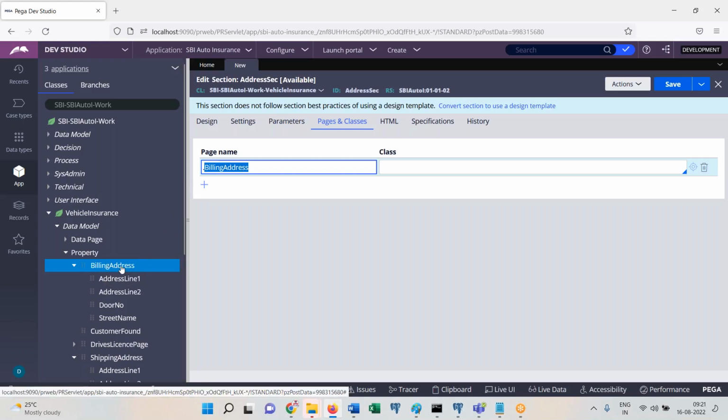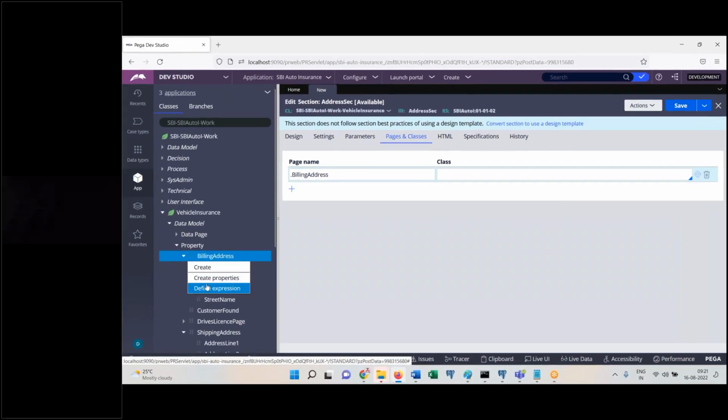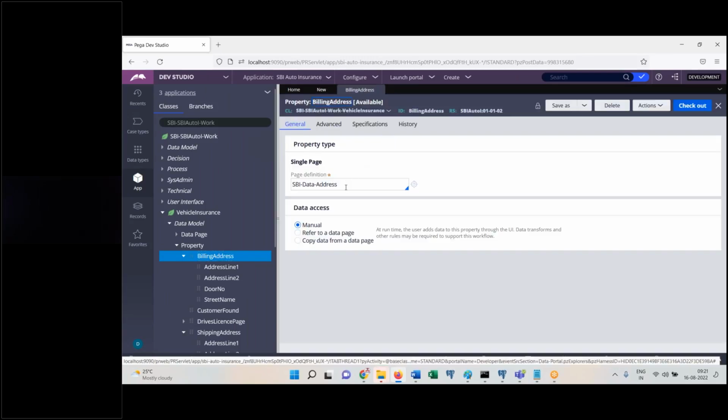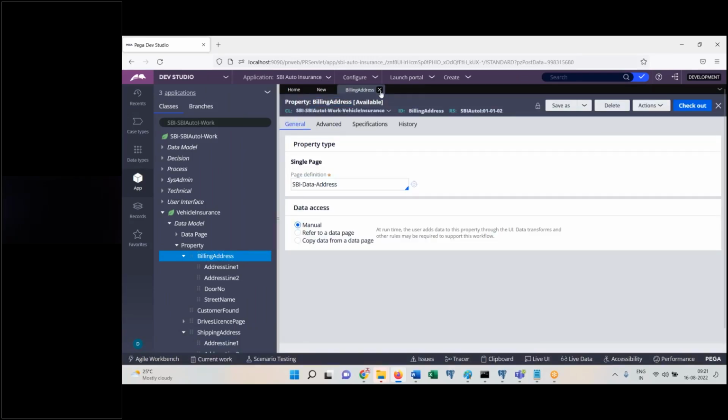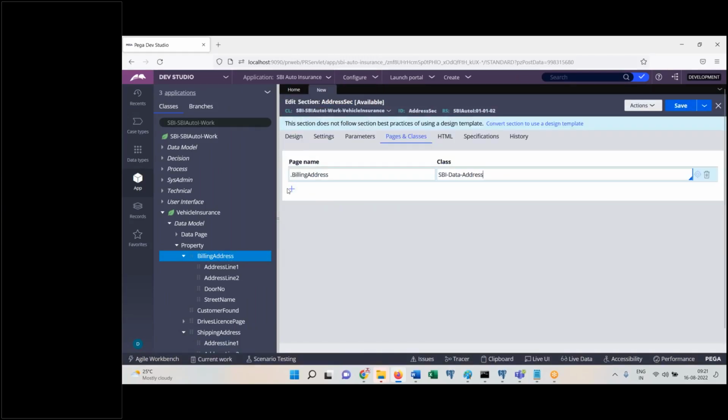This is referring to which class? You can see billing address page refers to which class? Address class. Same you need to mention here. Similarly,